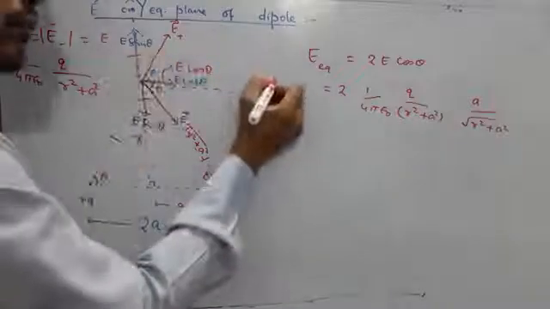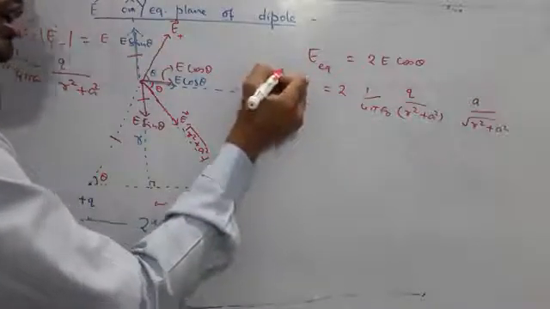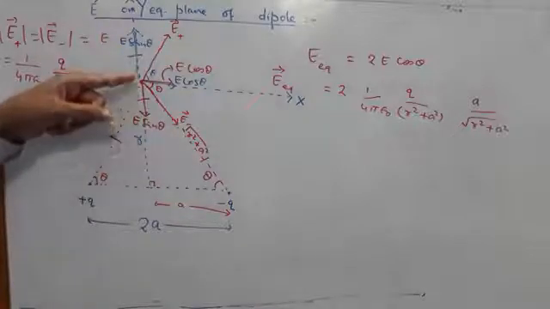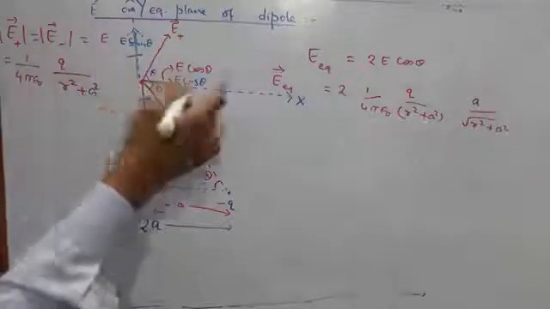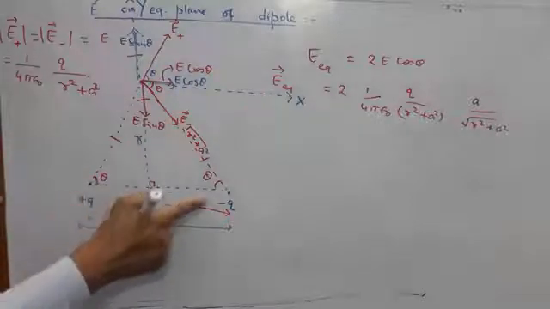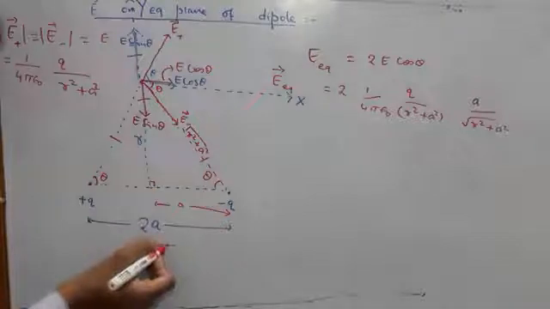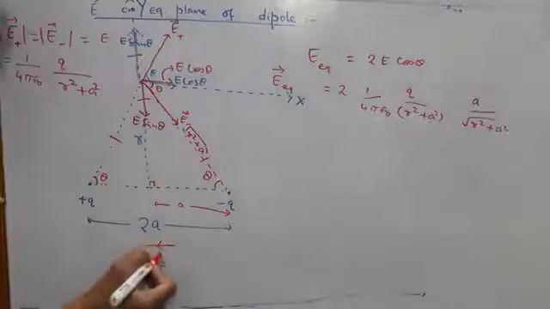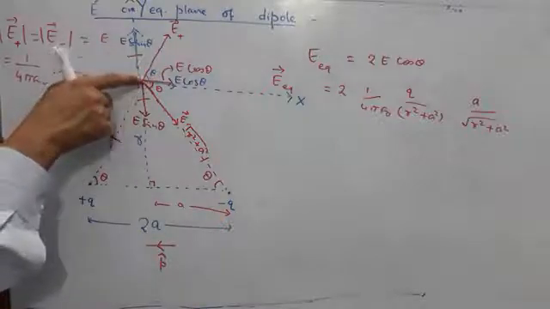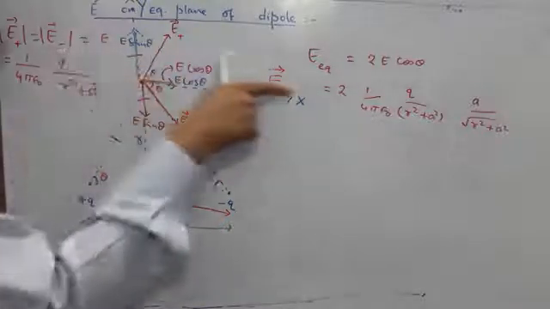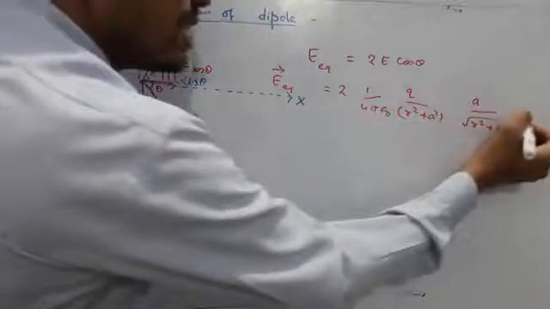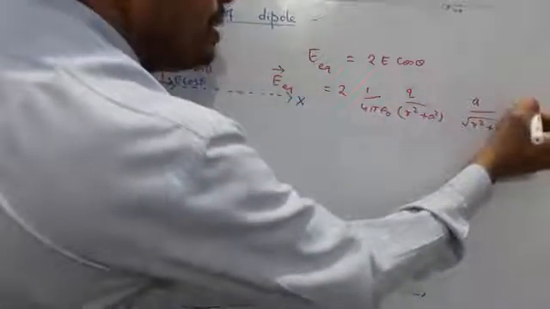If we wish to write the vector form, can you tell me whether the direction of the equatorial field will be in the direction of p cap or opposite to p cap? Remember what p cap is? It is the unit vector from minus q to plus q. So this is our unit vector p cap. The net electric field, you can see it's clear that E cos theta and E cos theta must be in this direction. This direction is opposite to p cap. Therefore the direction will be minus p cap.